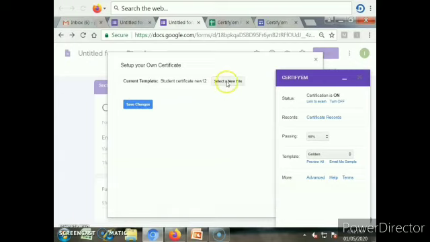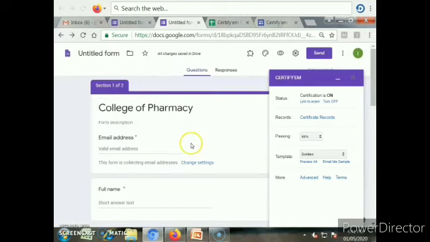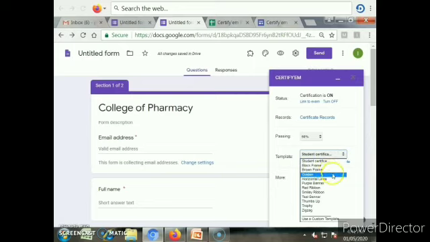Select the new file, save the changes. Now click on this template, and we can use our template, student template certificates. We have given the name for our template. In this way we have done all this setting.